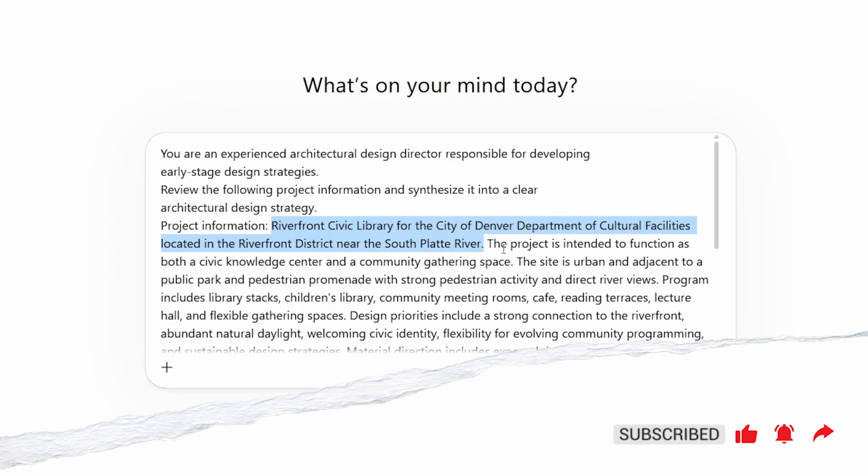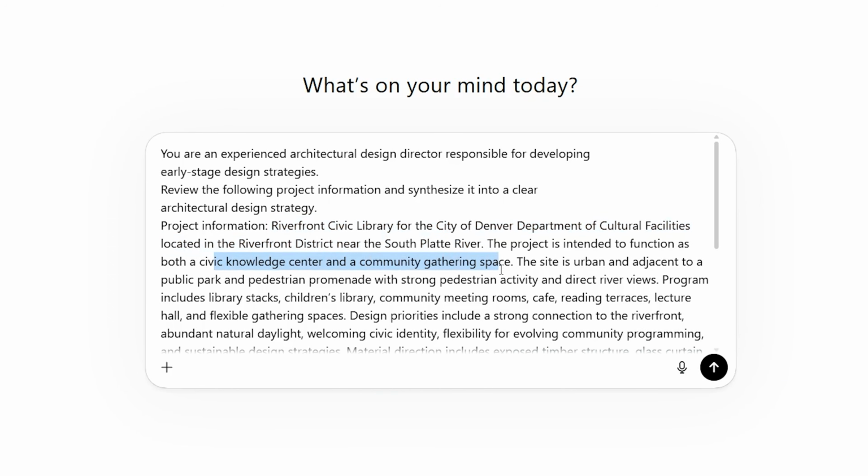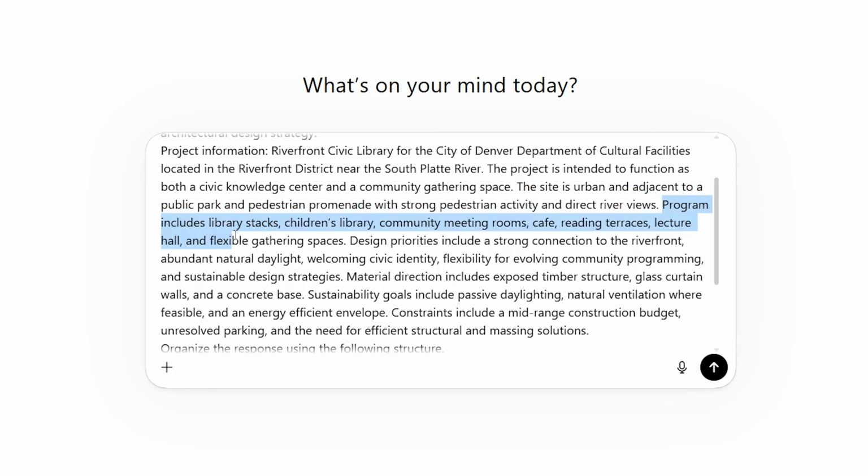The project is intended to function as both a civic knowledge center and a community gathering space. The site is urban and adjacent to a public park and pedestrian promenade with strong pedestrian activity and direct river views. Program includes library stacks, children's library, community meeting rooms, cafe, reading terraces, lecture hall, and flexible gathering spaces. Design priorities include a strong connection to the riverfront, abundant natural daylight, welcoming civic identity, flexibility for evolving community programming,